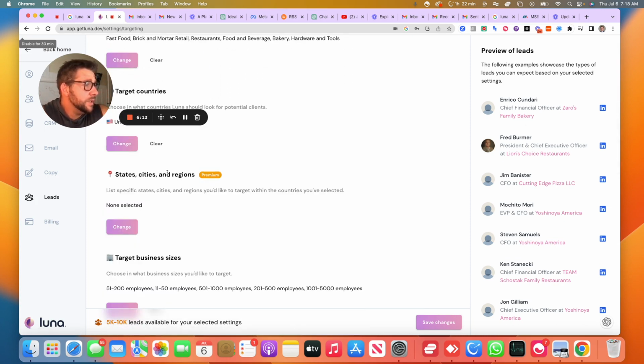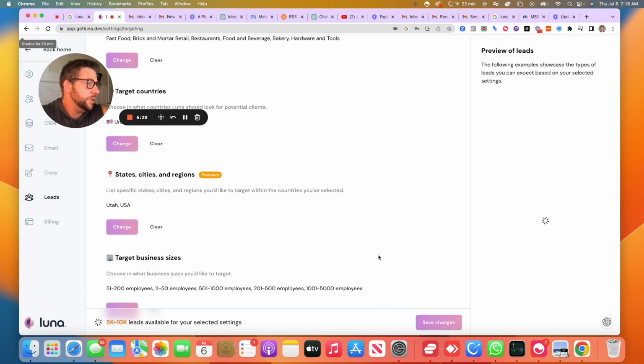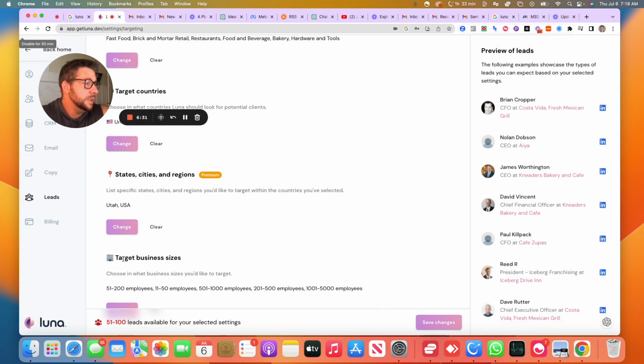Okay. City, states, regions. Let's go over. This is where it's going to get rough. We're not really too obsessed with that. But let's see what happens if we just do Utah, where we can really improve our footprint. Where we can do like personal visits if we need to. Which we don't, but let's just see it. Ew. Screw that. Dang it, that is not what it needs to work with.